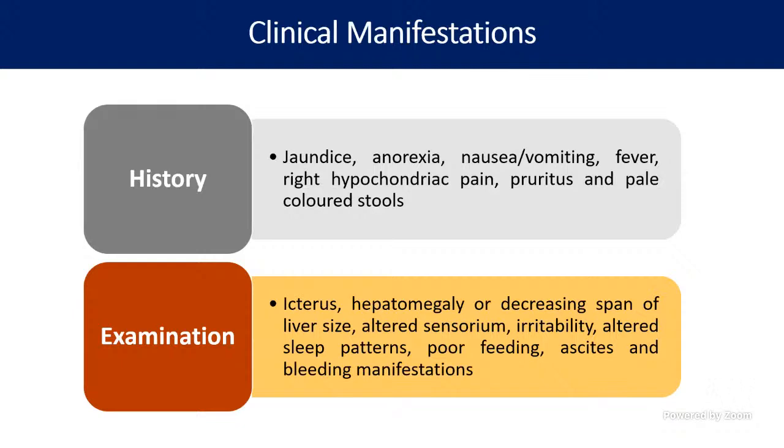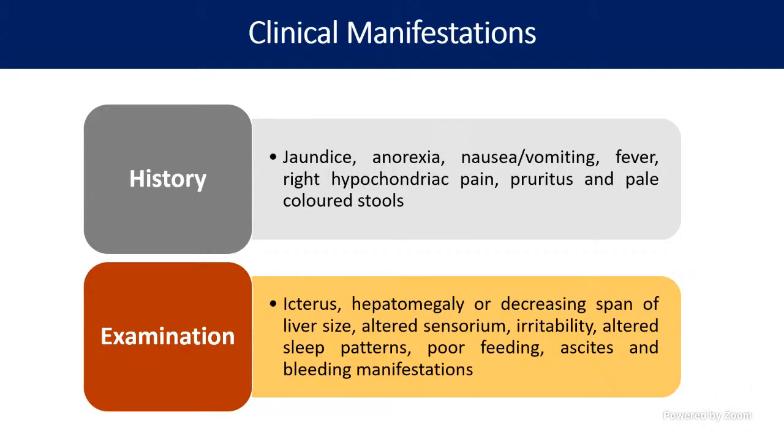So how will it manifest? It manifests as jaundice. The child may have nausea, vomiting, not eating, whatever the child is eating, the child is throwing out, and the child may have high grade fever. When it is cholestatic jaundice, or conjugated bilirubinemia, the child will have itching and goes on scratching, pruritus, with which the child can come. And when there is cholestatic jaundice, the child may have pale stools. Instead of yellow colored stools, they may pass white colored stools. And the jaundice will be deep, and the patients will tell you about dark urine.